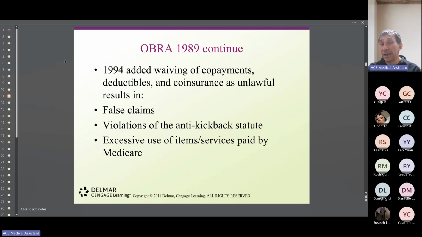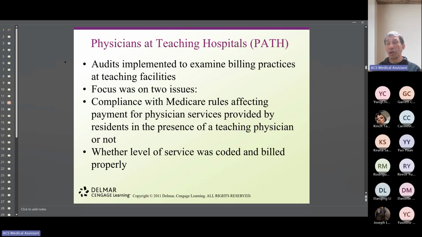Remember this anti-kickback, remember? Very important in the Stark law. You need to know them because they're going to ask you these questions. They just want to know whether you learned this or not. They want to know if you are assuming, because remember, back in the days, medical assistants were in charge of completing these claim forms. Not anymore, not here in New York. They have a billing company that works on that.